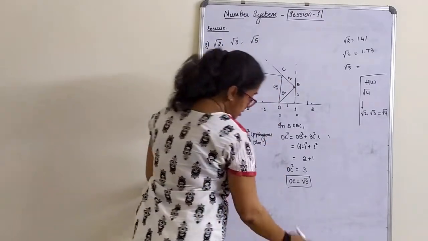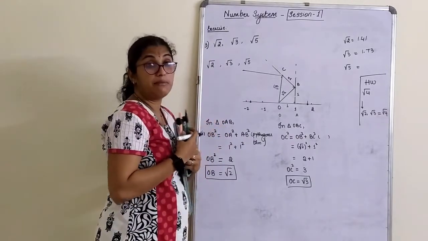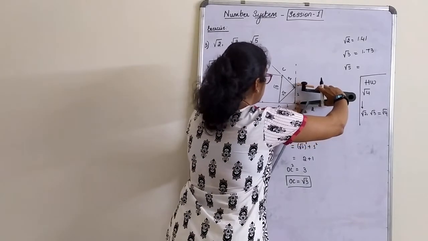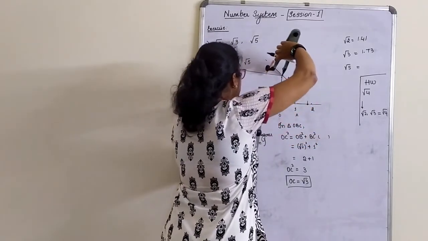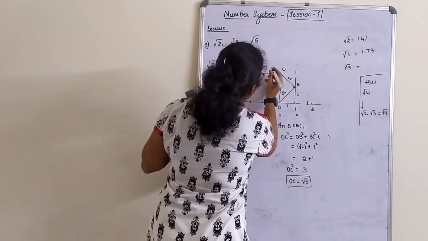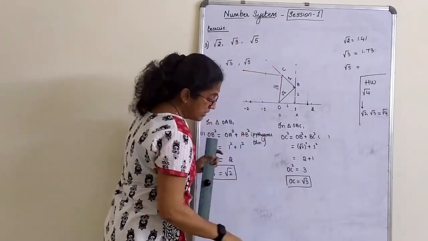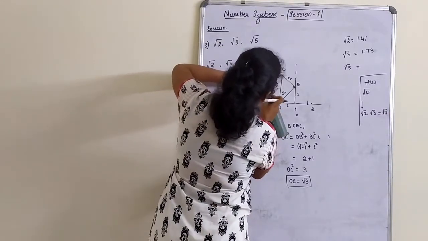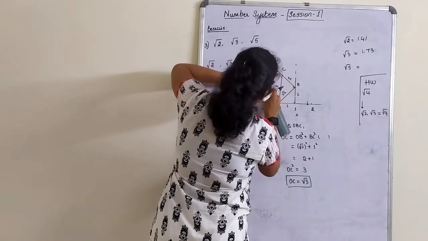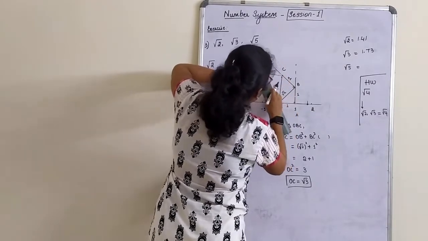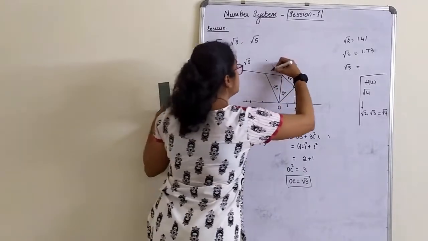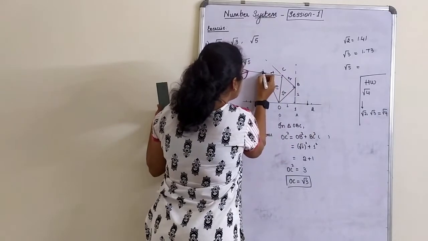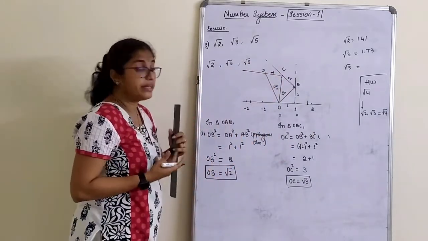Now after marking this, what should I do? I have to cut that for how many units? 1 unit again. Measure this 1 unit where it is. This is 1 unit. So keep your compass, cut it for 1 unit. So this is my 1 unit. Since I cut it for 1 unit, now I will join here. This line is root 2. This is 1. This is C. We'll use this point as D. Now let us see what OD will give us.